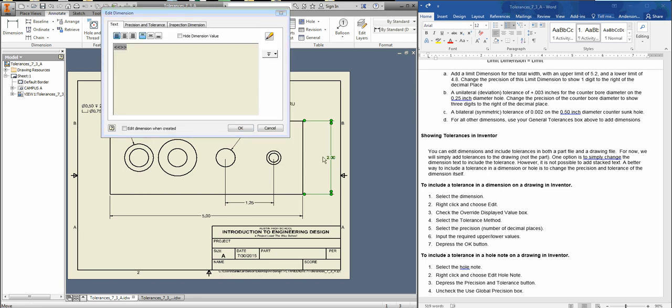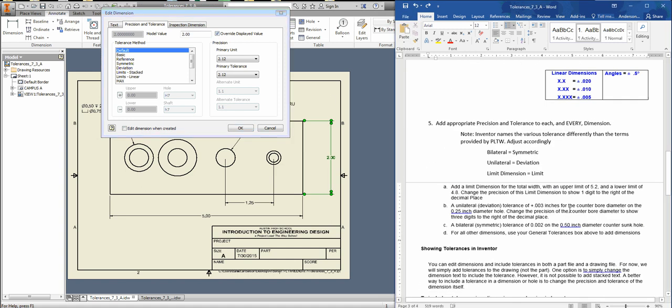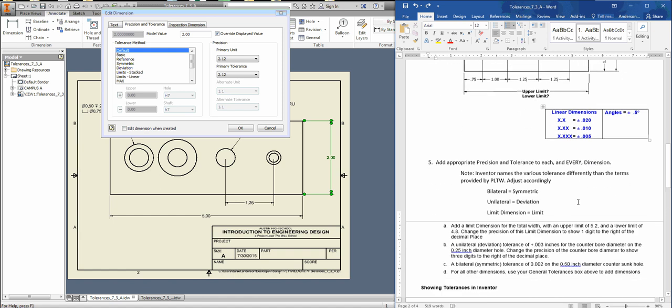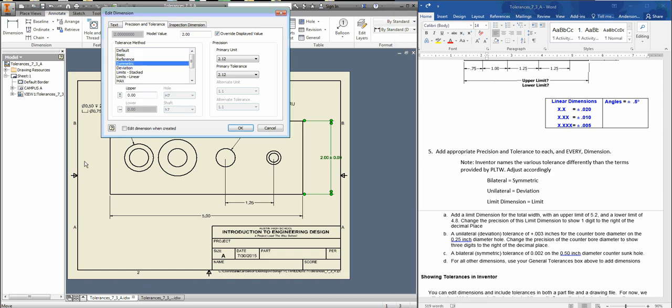And then we're going to go over to precision and tolerance. And then we are going to override the displayed value. And I'm just going through what this says. And then we're going to choose the type of precision. Well, if we look, 2.00 is not specified anywhere, so it's this last one. For all other dimensions, use the general tolerances. Well, that's 2 decimals, so we're going to add a bilateral tolerance, which it says right here. Note, in Autodesk, they call bilateral symmetric. So we click on the symmetric tool,